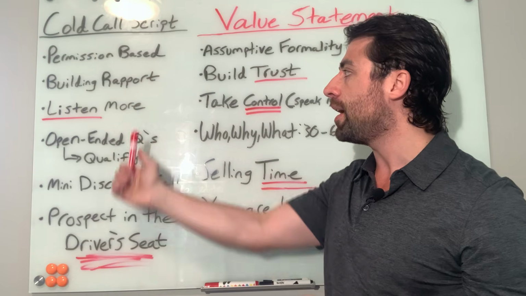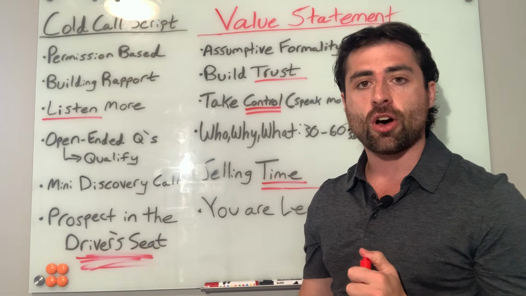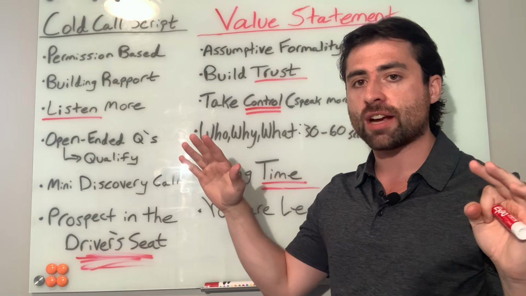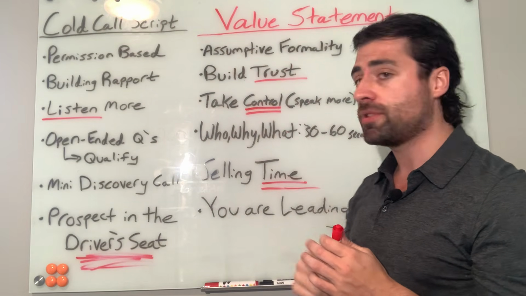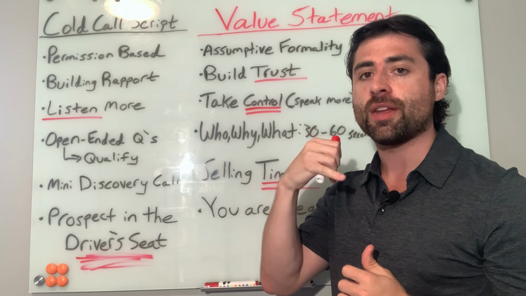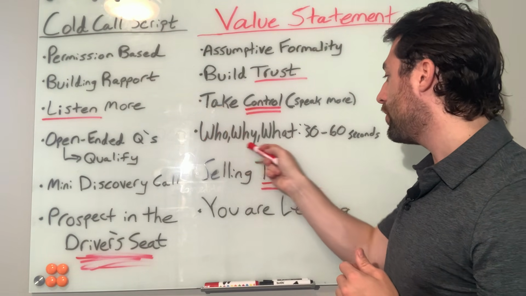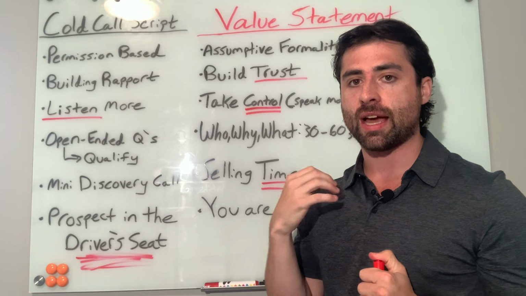So rather than leaving it up to chance and doing this back and forth at the beginning, hey, do you have 30 seconds to talk, which can go a million different directions, I give them an assumptive formality. I try and reduce variance. Hey, Jim, this is Connor Murray calling from X company. How are you? Good. I'm just reaching out because, and then I'm going to tell them these 3 things and do most of the talking out of the gate.